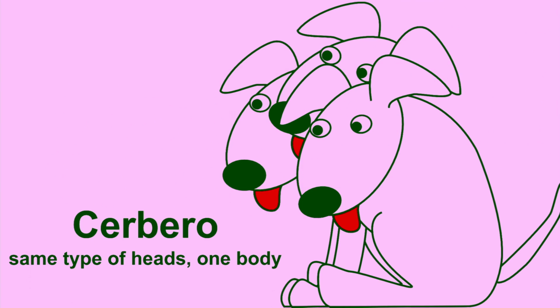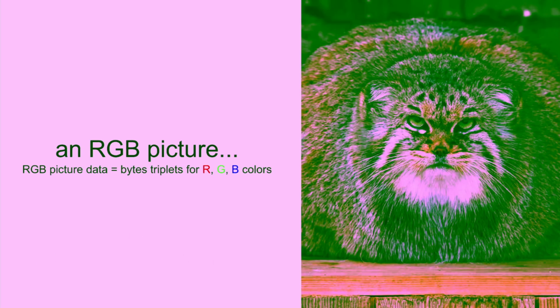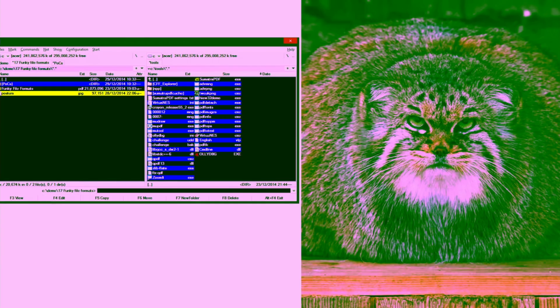Okay, another kind of artistic file. This time you have two heads with the same type for the same body. And of course, it's not steganographic once again because the data doesn't need any extra extraction. It's usable directly. But it's interesting. So this one, I do it live. So this is an RGB picture. And does it work? Yes.